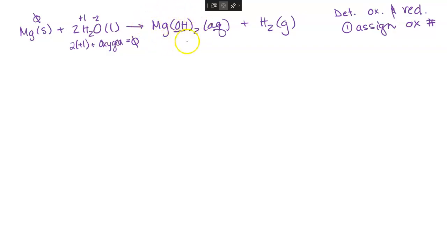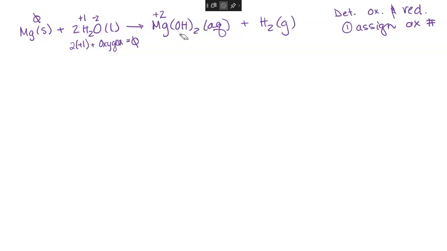But this whole compound, is this molecular or ionic? I just told you this was a what? Ion, so it is ionic. Then that means that magnesium's oxidation number is its charge. So what is the charge on magnesium? So it is a +2 oxidation state. Good. So then hydroxide,